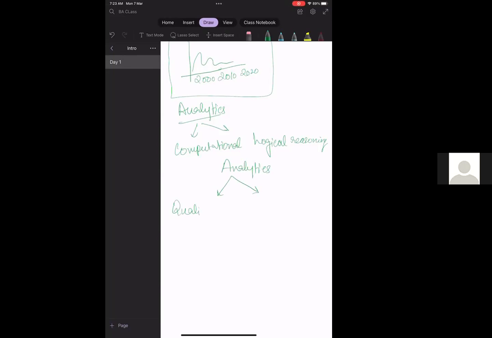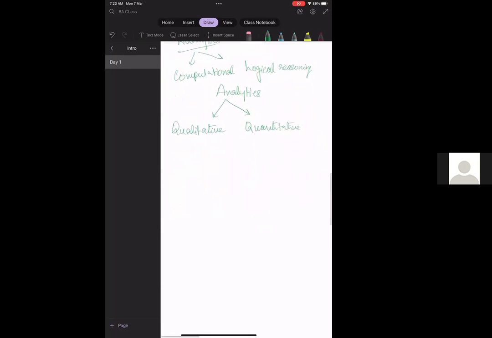One is qualitative, the other is quantitative. Qualitative is nothing but intuitive, supported by analysis. We have already discussed what analysis is. Quantitative is based upon formulas and algorithms used in machine learning and deep learning.